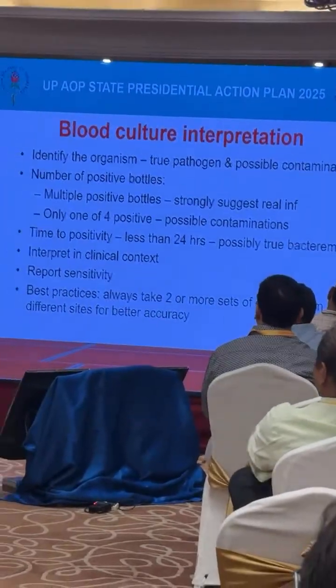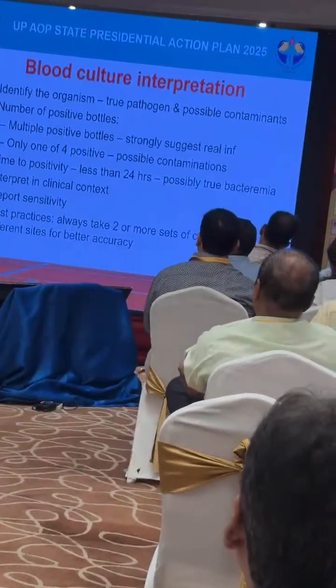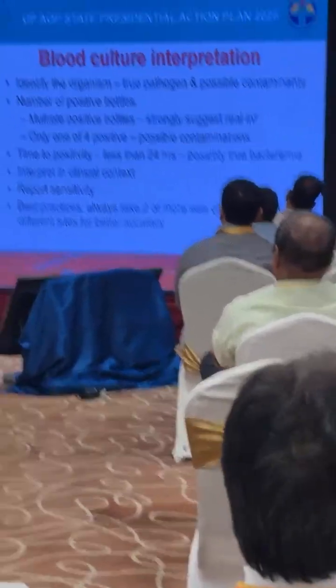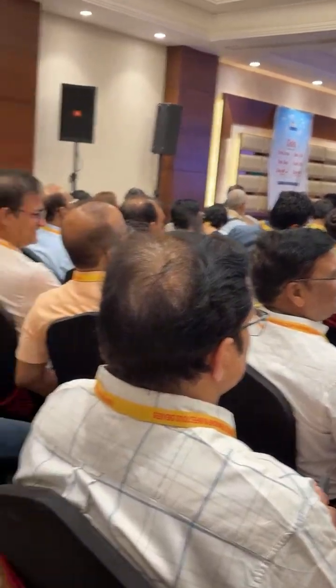In blood culture interpretation, you should identify the organism and whether it is a true pathogen or possibly a contaminant. The number of positive bottles is very important. Multiple positive bottles strongly suggest a severe infection. Only one of four positive means possible contamination. TTP, time to positivity, is also very important. If it is less than 24 hours, it is possibly a true bacteremia. You should always interpret in the clinical context. You should report sensitivity. And remember, friends, always take two or more sets of culture from different sites for better